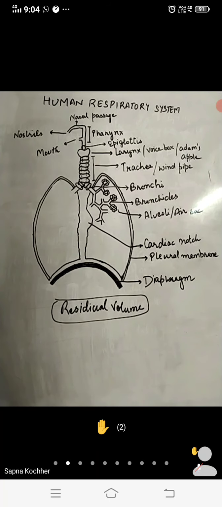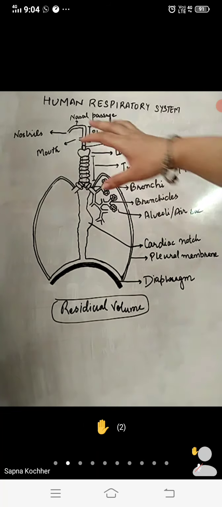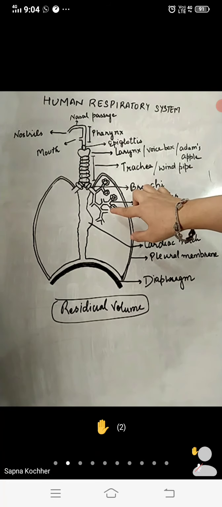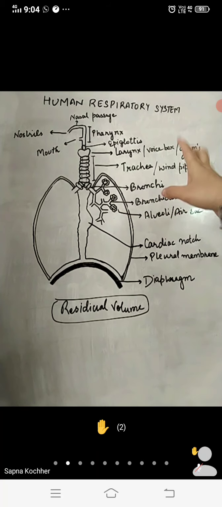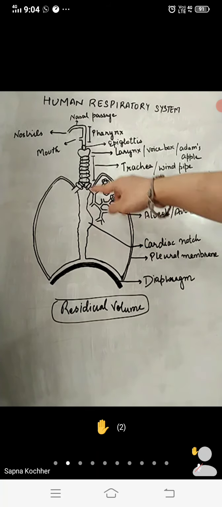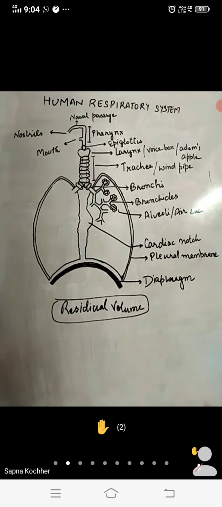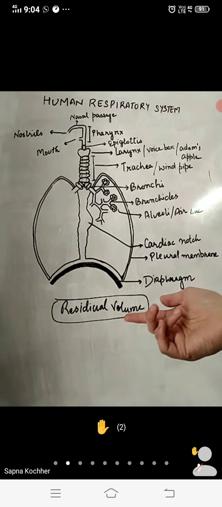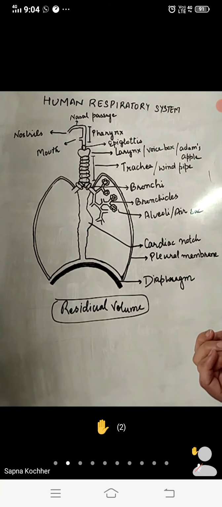Residual volume. Now we have just learned that this is the site of exchange of gases. When you inhale oxygen, that goes from here to the body, and carbon dioxide that is coming from the blood vessels, that is given again to the alveoli, and it goes back out, right? How that takes place, that is a whole process. We will be studying this after this topic. That is the process of inhalation and exhalation.